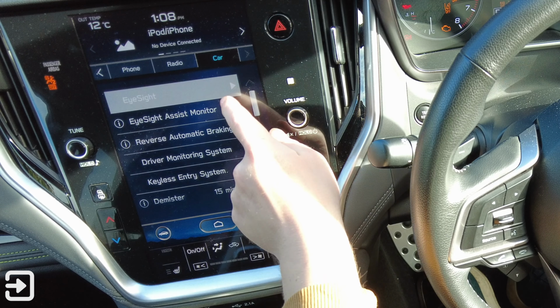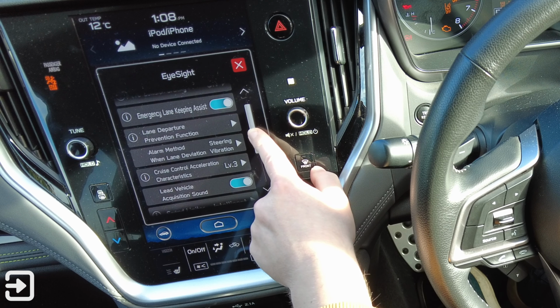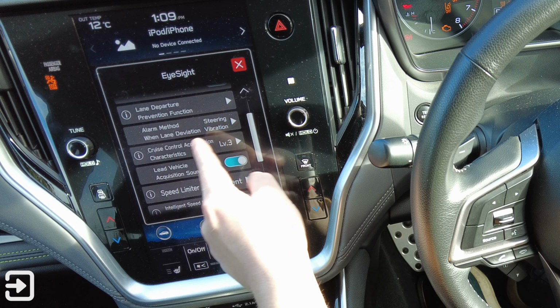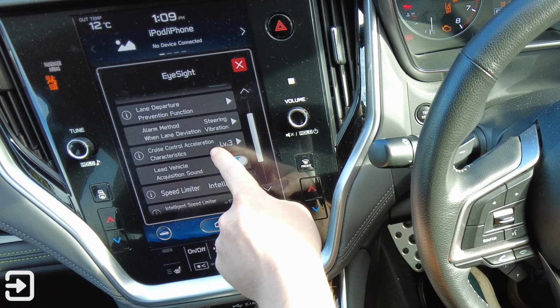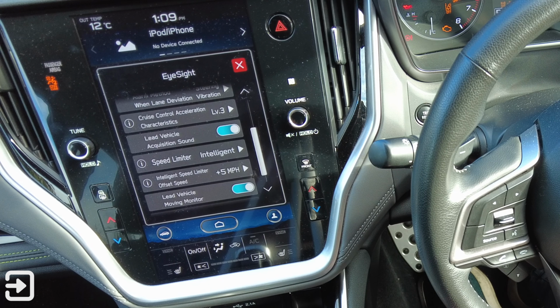So you've got the EyeSight, which is the smart features that the Outback comes with. So you've got pre-collision braking turned on, emergency lane keeping assist, lane departure prevention function, and then steering alarm method when lane deviation occurs, so you can have the steering wheel vibrate or a buzzer. Cruise control acceleration characteristics as well, level 3, so you can choose between different levels for that. Lead vehicle acquisition sound, so if the lead vehicle in front of you is moving, you can choose to have